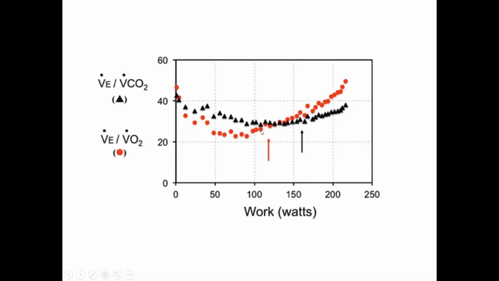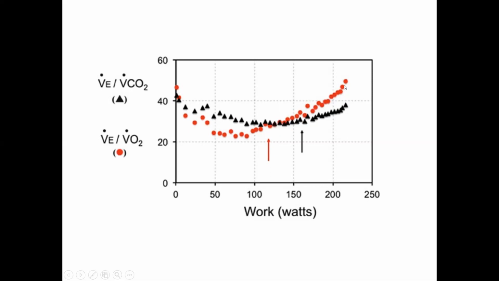When your minute ventilation goes up, your VE to VO2 ratio will also go up, because your oxygen consumption at anaerobic threshold is not going to increase. That's the reason why you switch to anaerobic metabolism, right? Otherwise, if the oxygen uptake kept going in proportion to VE, nothing would happen to the ratio. So minute ventilation increases, oxygen consumption remains the same, because now you're having anaerobic metabolism. It does go up a little bit, but you're still hitting anaerobic metabolism now, and your VE to VO2 ratio